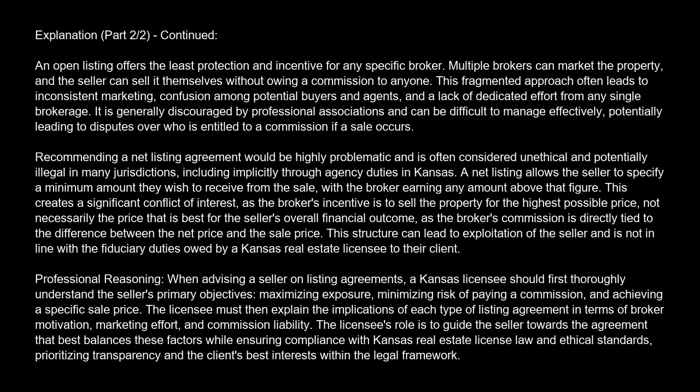Professional reasoning. When advising a seller on listing agreements, a Kansas licensee should first thoroughly understand the seller's primary objectives: maximizing exposure, minimizing risk of paying a commission, and achieving a specific sale price. The licensee must then explain the implications of each type of listing agreement in terms of broker motivation, marketing effort, and commission liability. The licensee's role is to guide the seller towards the agreement that best balances these factors, while ensuring compliance with Kansas real estate license law and ethical standards, prioritizing transparency and the client's best interests within the